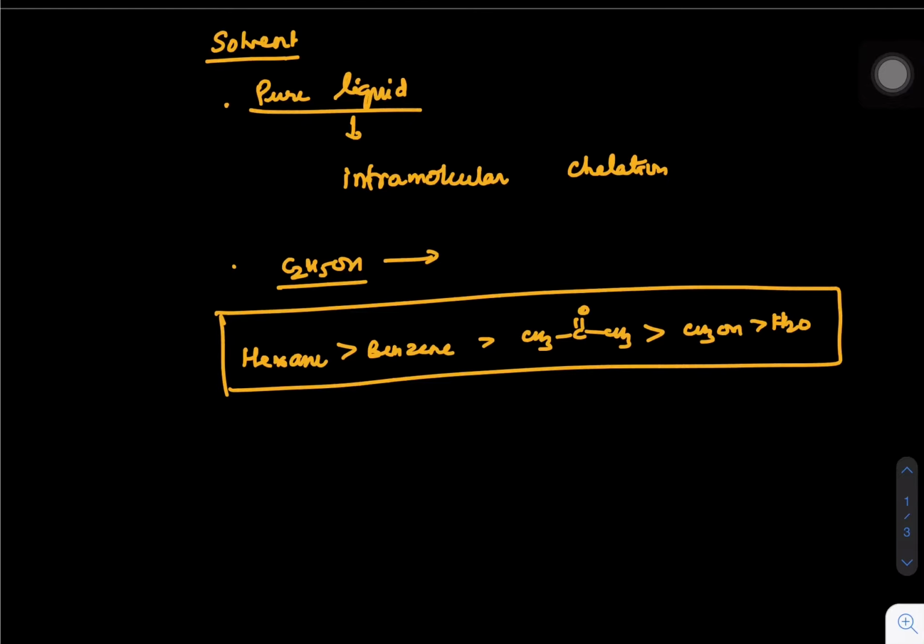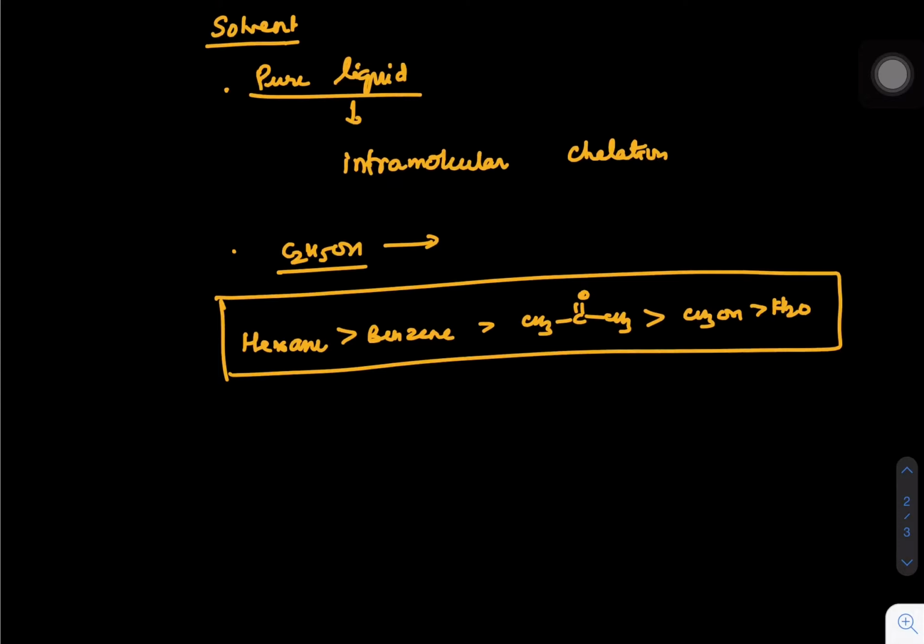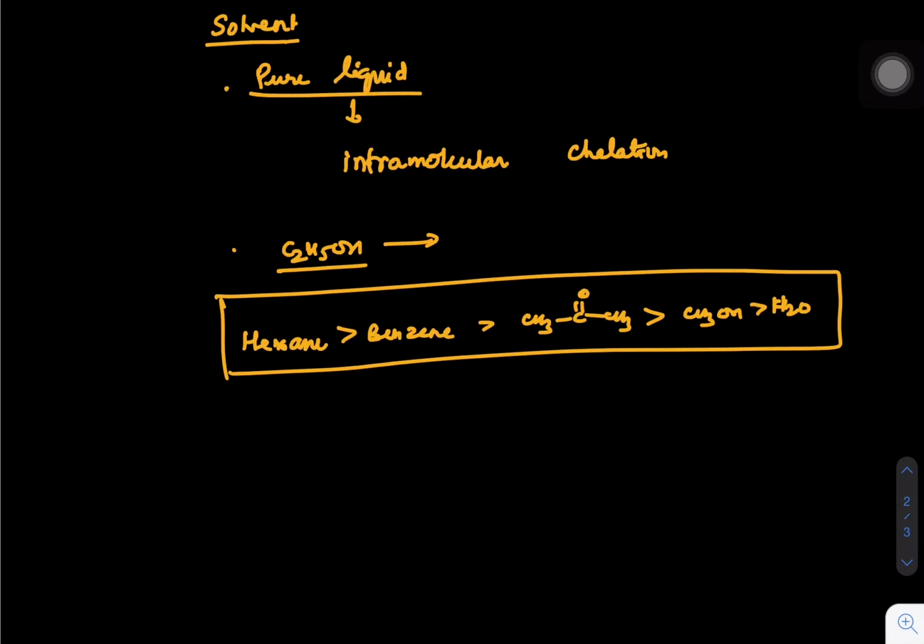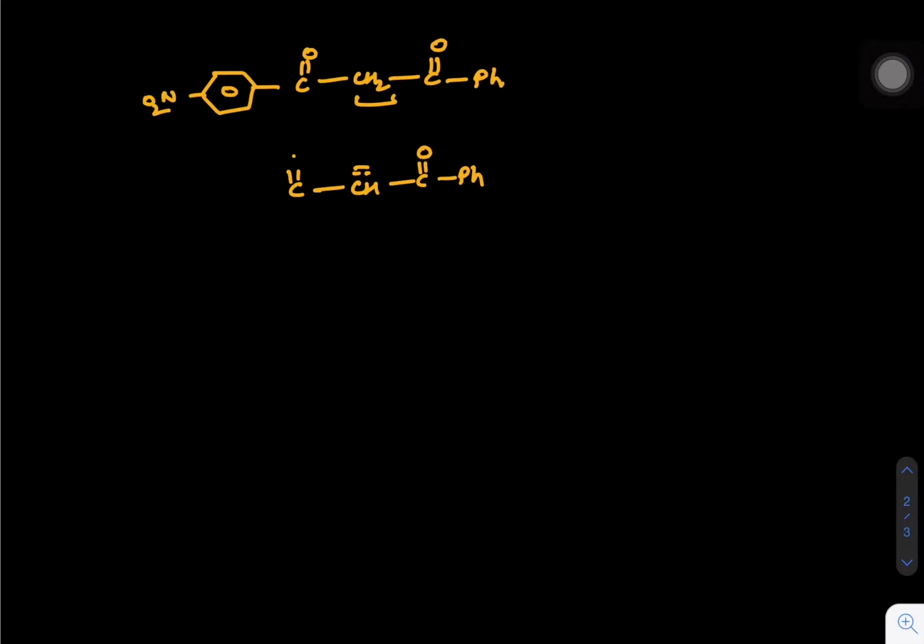And at the end, we can just revise what will be the final list of members if you try to write all the enol content. So I'll just give you a list. Enol content maximization is based on how stable is your enol, right? So when we say enol is more stable, can I say the removal of H should be more comfortable for us? So if I give you something like NO2 and a ring here, C=O, CH2, C=O, Ph, can we say this H can be taken up with very much ease because this is CH minus, C=O Ph, C=O, and NO2. And NO2 is also helping us to disperse this particular charge.